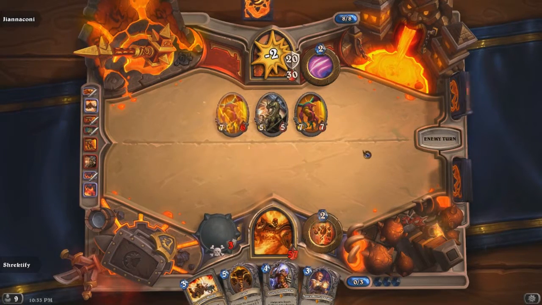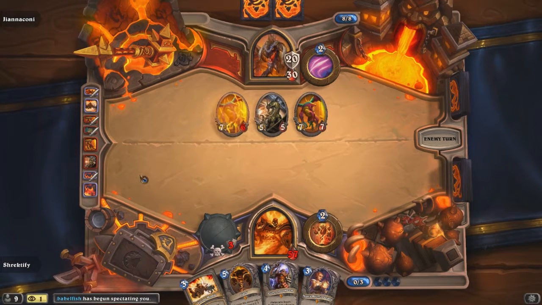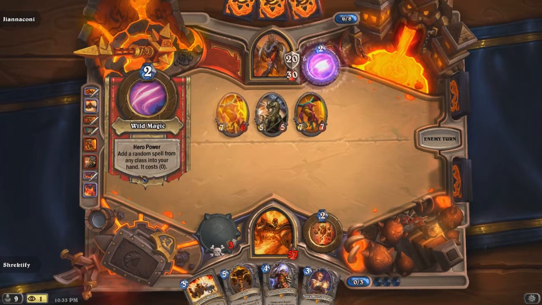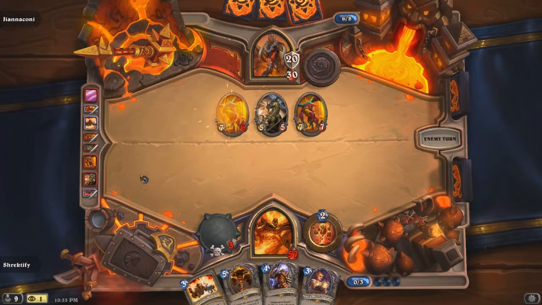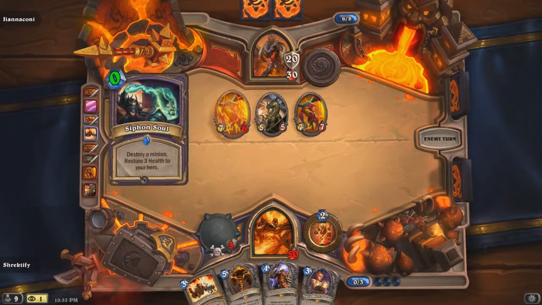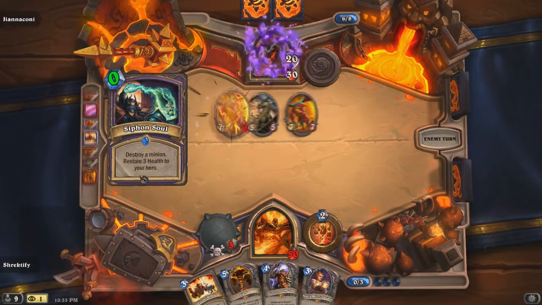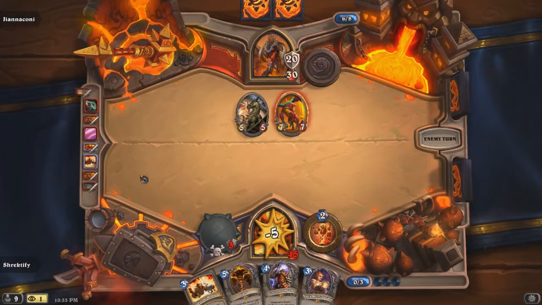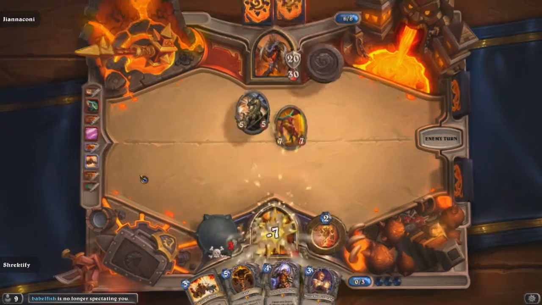Come at me, bro. Gonna need to do tons of damage. A friend of mine's spectating how terrible I'm gonna do. That's pretty good. Oh, let's see what spell he got. I'm very curious to know. It's a preparation. Nope. No, that's... He got a Siphon Soul, and